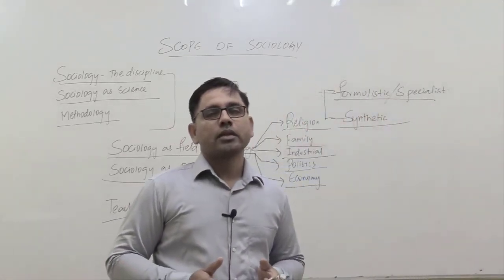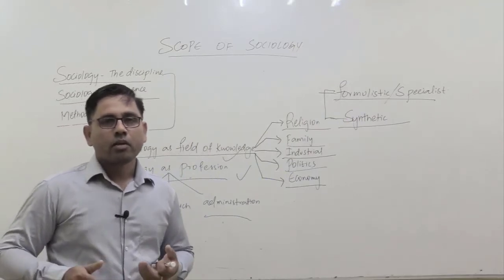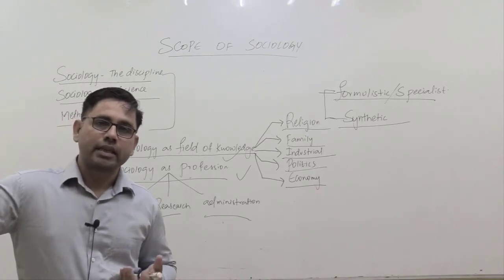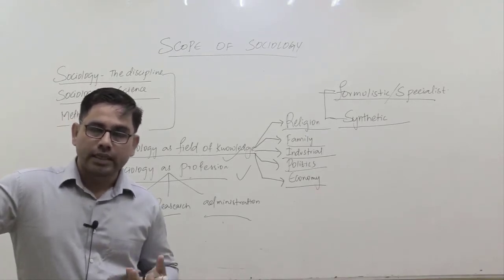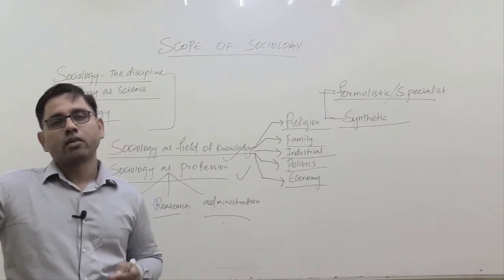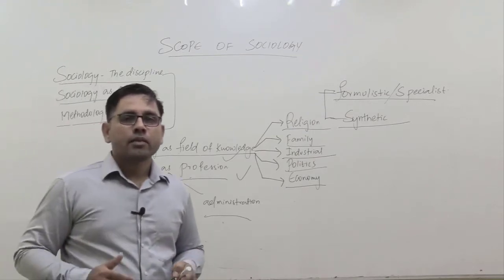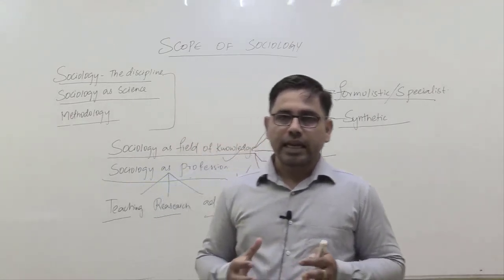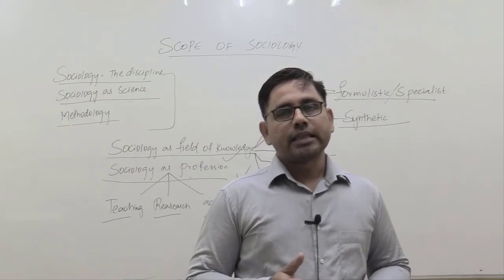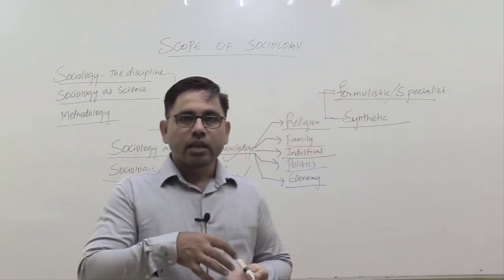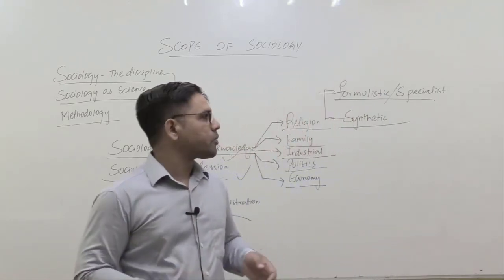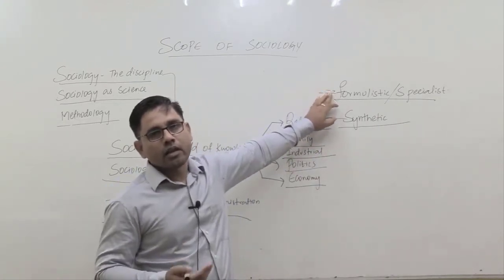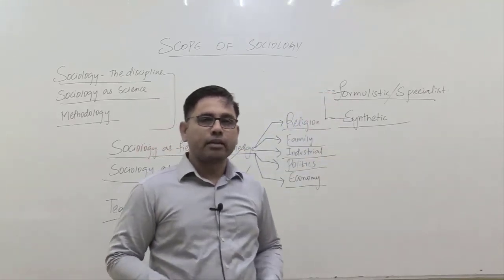So those scholars who belong to the formal school, prominent among them are like जॉर्ज जिमेल, आगे जाके हम उनके बारे में डिस्कस करेंगे, मैक्स वेबर, फ्रेडरिक टॉयनीज, these are certain scholars who belong to the formal school. और इनका कहना है कि if sociology has to acquire respect, if sociology has to acquire acceptability among masses as a distinct discipline, it should have a very specific scope. So the scope of sociology should be very specific as per the formal school of scholars,